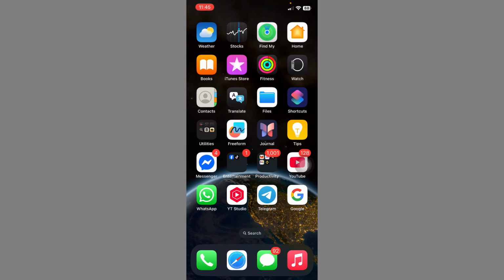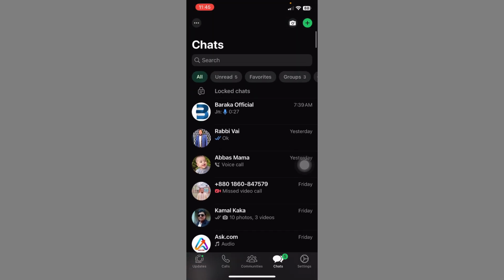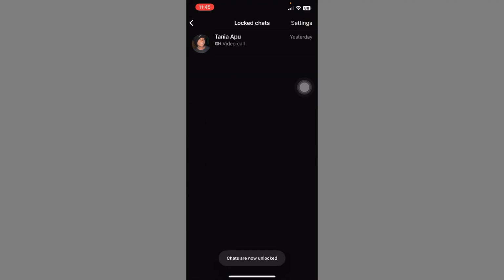Today I am going to show you how to unlock chats on WhatsApp on iPhone. Okay, so let's get started. First of all, click on the WhatsApp app. Okay, then show your locked chat. Just click, okay, then tap on this person,